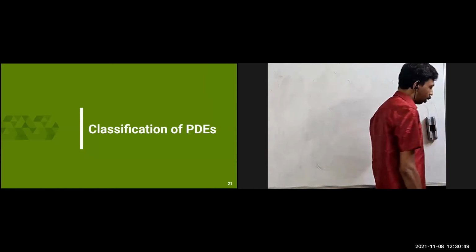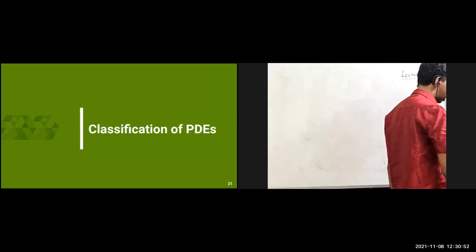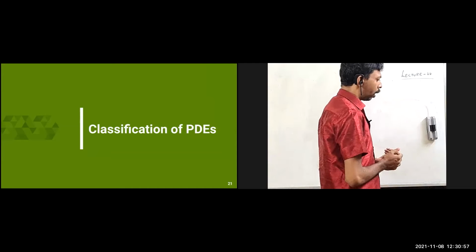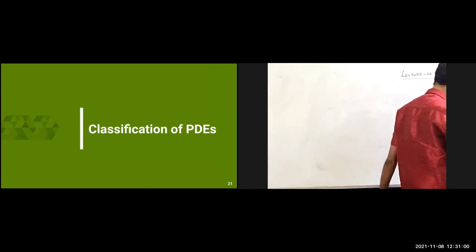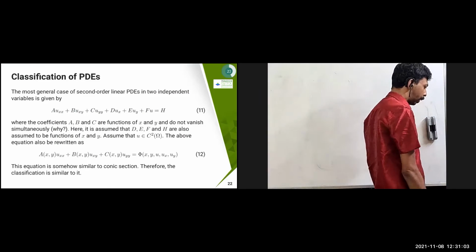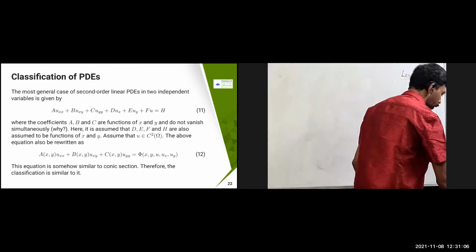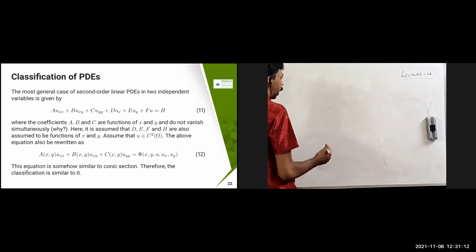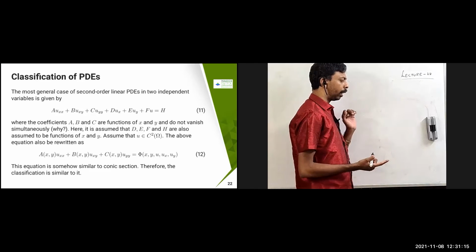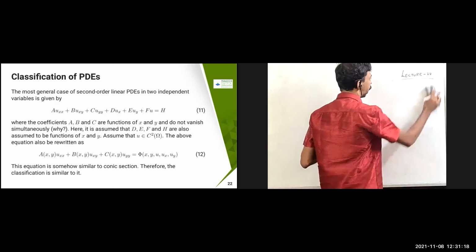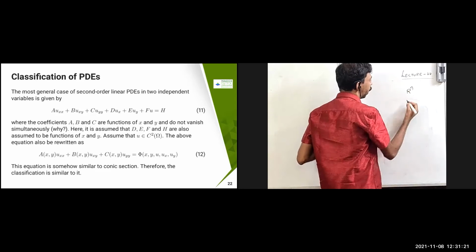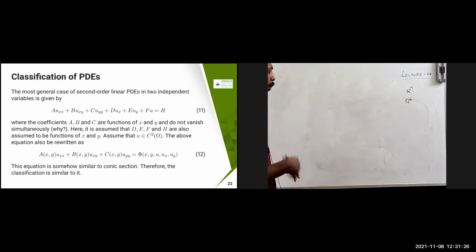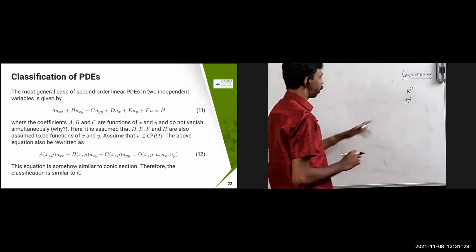Up to that point, the complicated parts of the PDE course, meaning the tougher and more abstract concepts, are done. Now we are going to go for a lighter topic called classification of PDEs, which will be a much easier topic. We are going to discuss mostly second order linear PDEs in two variables only. So far we have always been sitting in R power n, right? Now I'm going to sit only in R square. In R square we are going to discuss all these things, but you can extend this to R power n later.